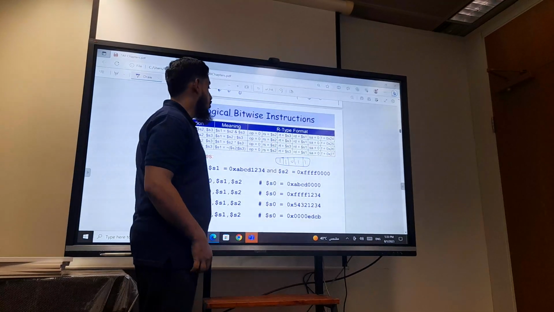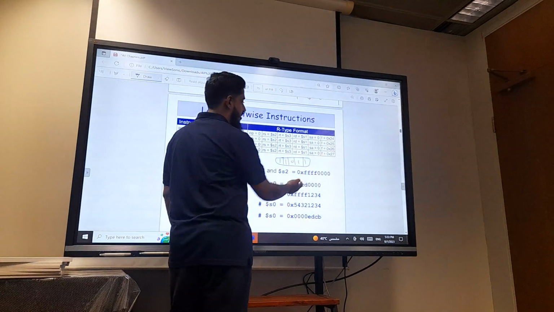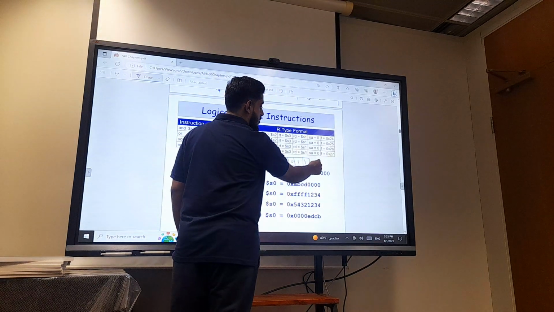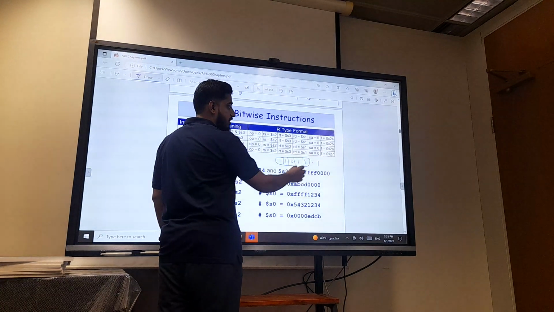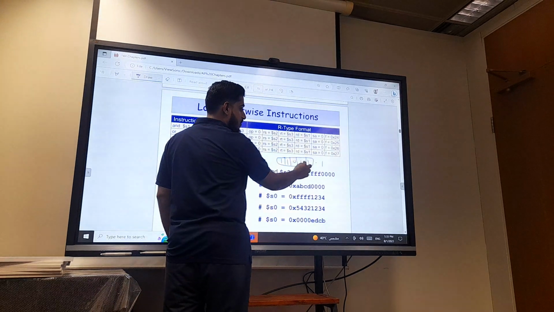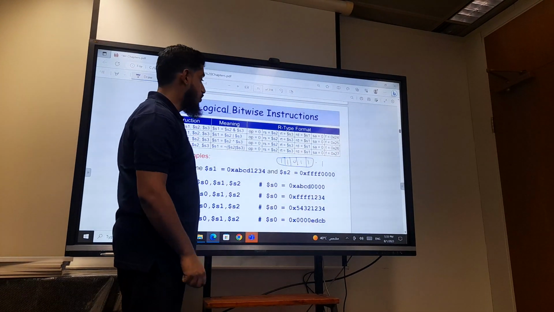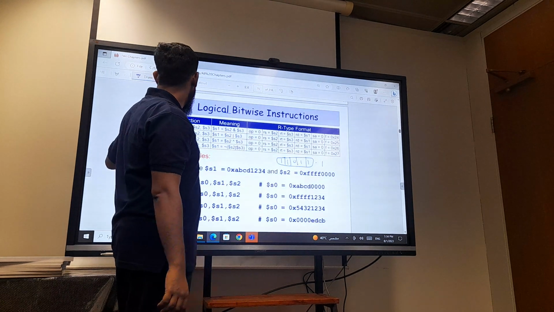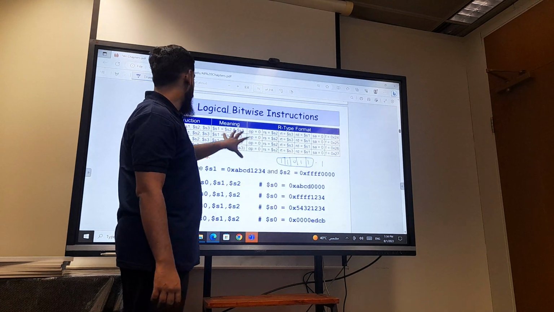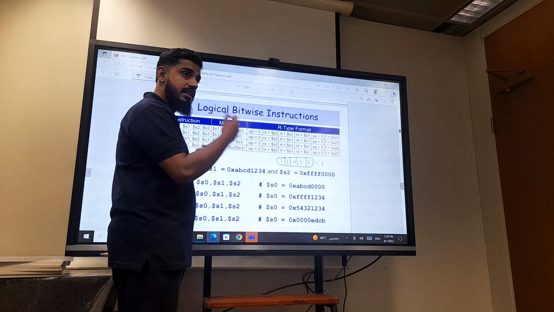bit. So let's suppose I'm going to AND this register with 1, so I am going to do the AND with 1 and 1. So each bit, this one with this one, this 0 with this one, each bit we are going to take care of. So here we will see the overall meaning, what the instruction is, what that instruction